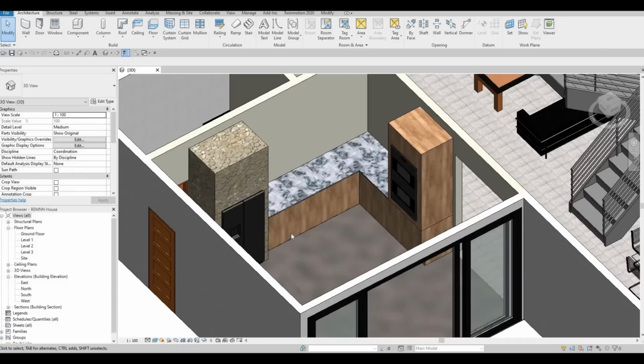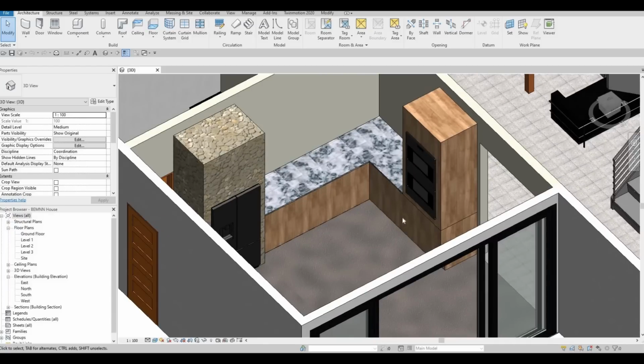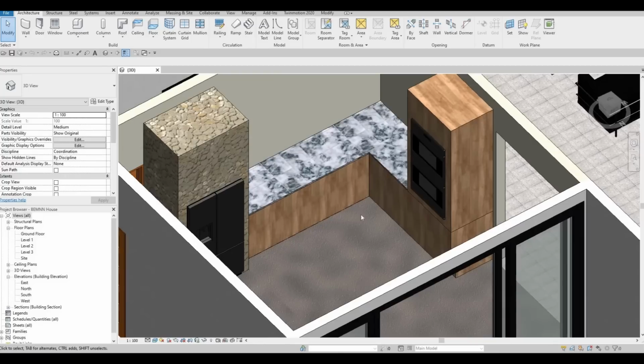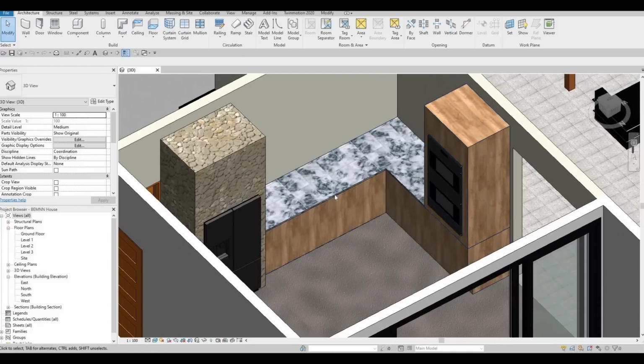So in the previous video, we were able to start our kitchen, and now we have this. We added this casing for the fridge and the convection oven. Now we're gonna continue working on this. What I'm gonna add right here is the